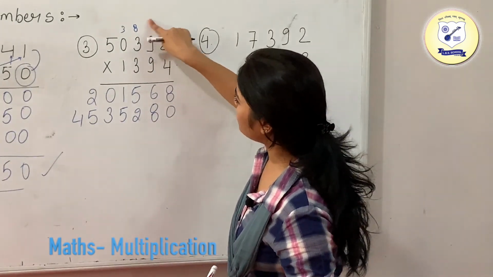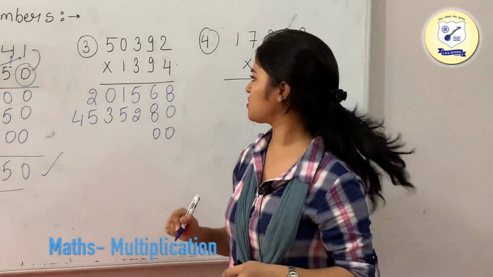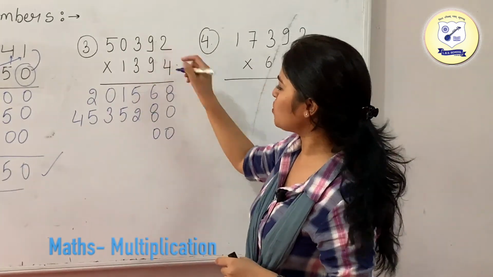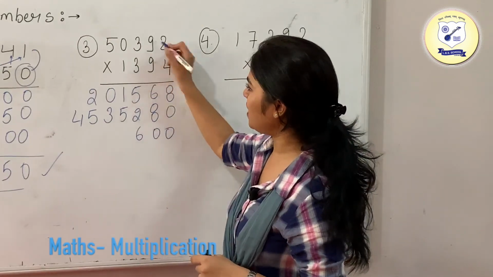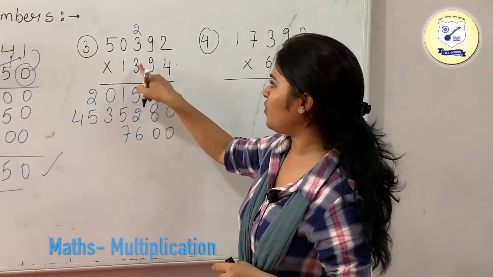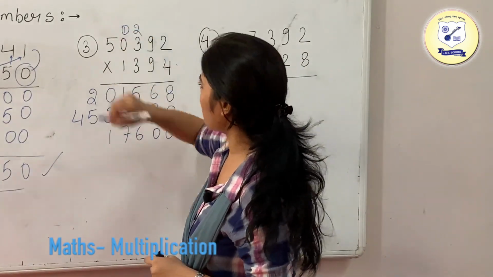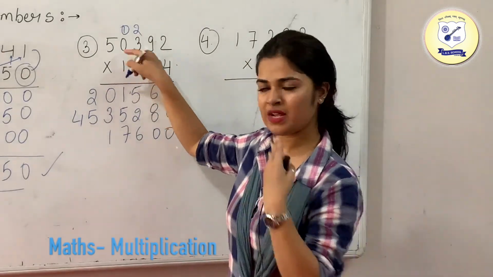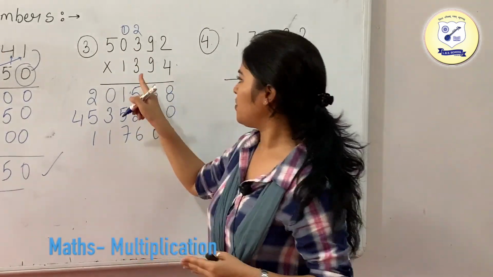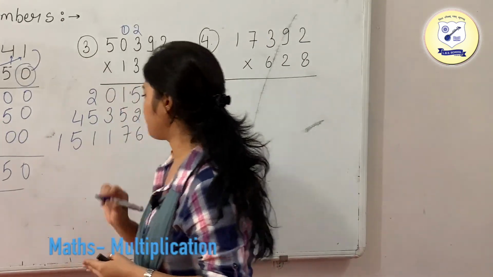We'll move to the third digit. Before moving to the third digit, what we will do is we will put 2 zeros. Okay. So now multiply. 3 2s are 6. 3 9s are 27. So just put 2 over here and 7 in your answer. 3 3s are 9. 9 plus 2 is going to be 11. So 1 will be in your carry. 3 zeros are 0, plus 1 is your 1. 3 5s are 15. So what we are going to do is just write 15.